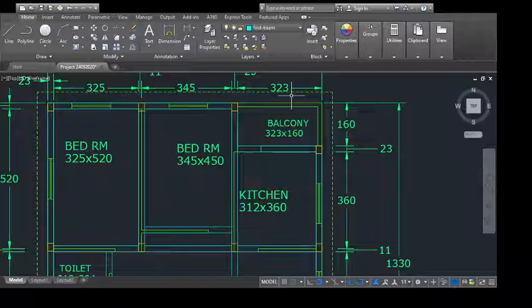Any intelligent engineer will not design the balcony to be a cantilever from this side, but will design it in this direction, because the span is less for the cantilever. When we are taking the UDL part of the loading, the bending moment is WL squared by 2. So the L squared term appears in that. As L increases, the bending moment increases as a square of L. So designing it in the shorter direction, that much lesser bending moment would appear, that much lesser steel will be required, that much economy we can give.